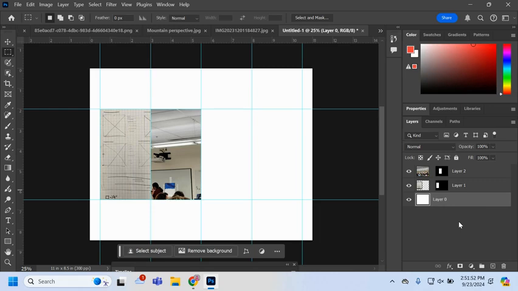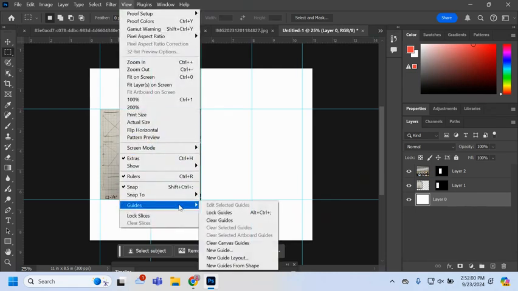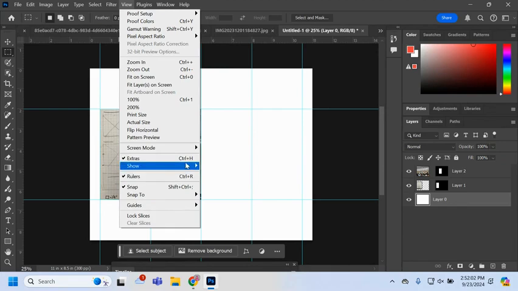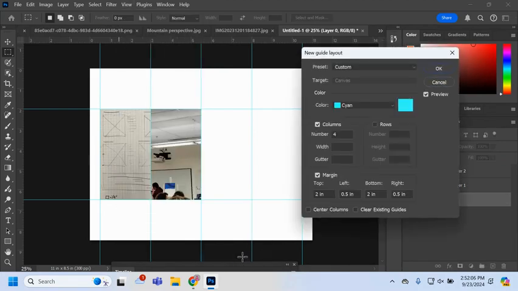Oh, one more thing on the grid. When you set up the grid to start with, you have the choice of doing an alley. Got to mention that. So if you go over here to your guides, if you want a new guide layout, you also have the choice right here. It says gutter. So I got rid of that on the gutter so that it didn't have two little spaces between there. But if you want to have little spaces between there, you can. Just how to make the gutter,